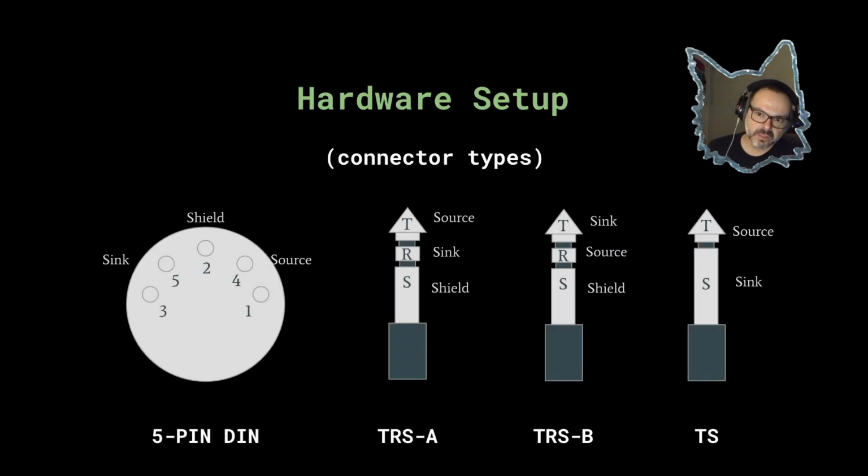Hardware setup. MIDI utilizes a 5-pin DIN connector, and out of those 5 pins, it really is only using 4 and 5. The shield is typically only connected on one end. The whole reason for this is that the standard calls for a method for completely decoupling circuits, right? This is so that there is no electrical connection that is actually shared between the devices. So we're going to be using 2 pins. One of those pins is typically connected to a voltage source, a current source, and the other one is where